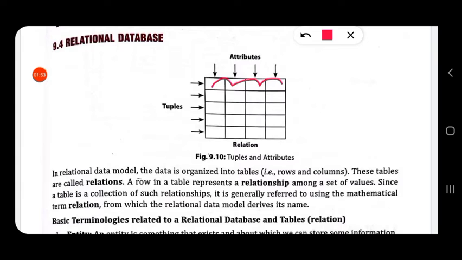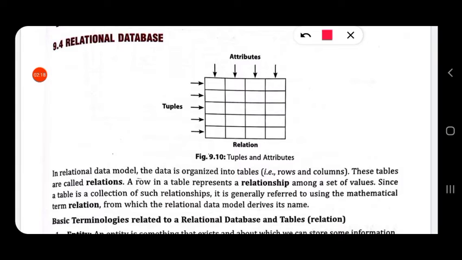In a row, each cell's values are related to each other. There is a relationship between the set of values in a row.